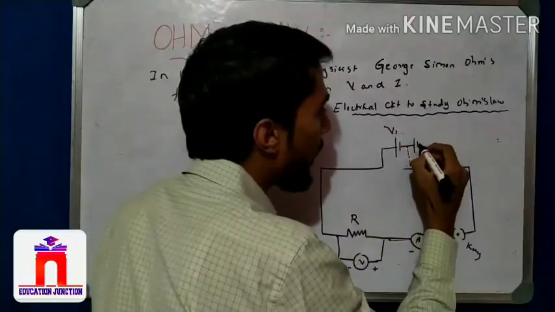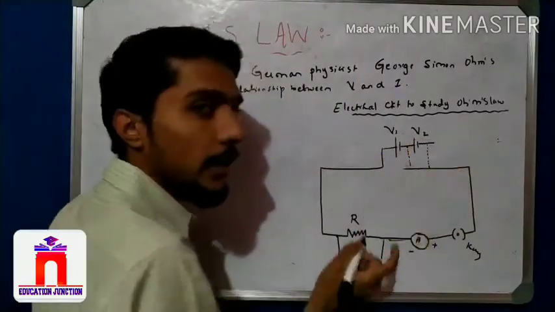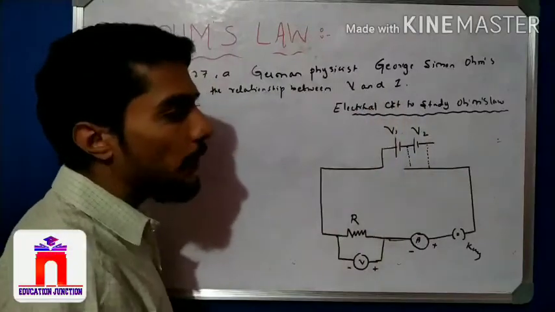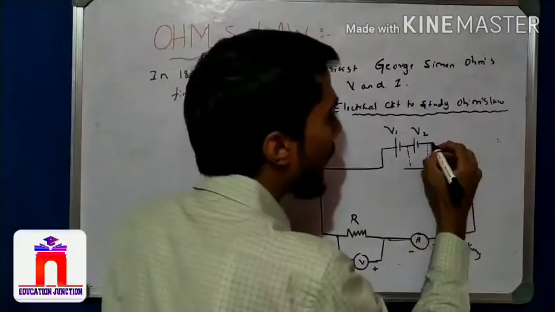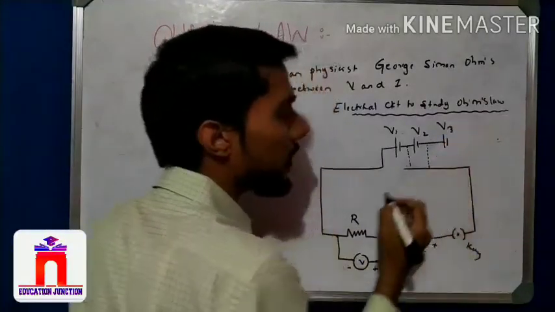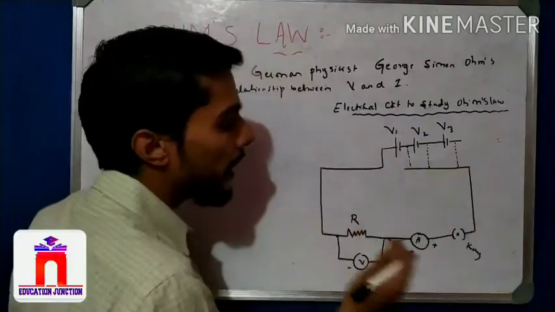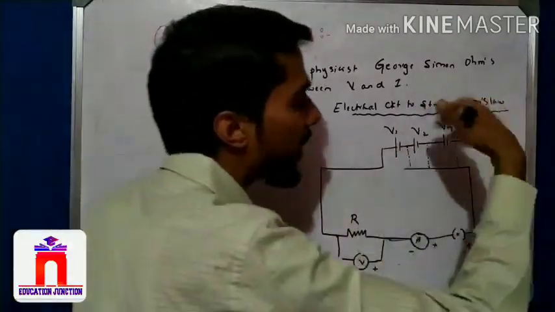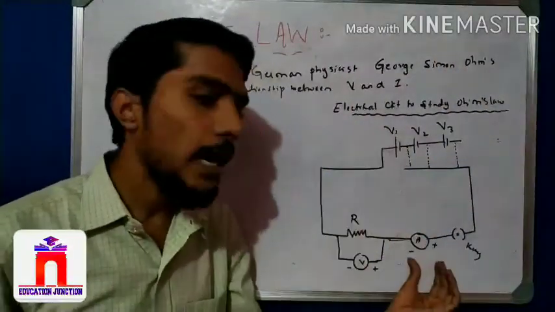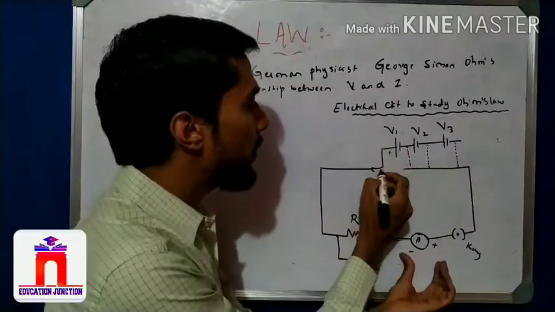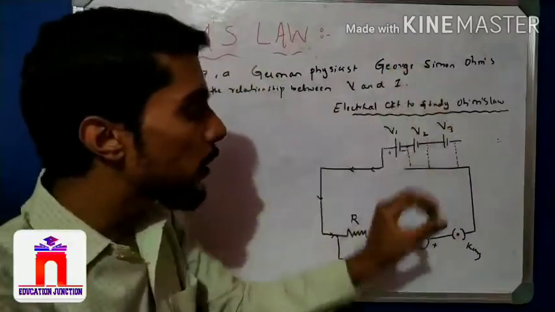Again he changed the voltage. He disconnected and removed the first battery and connected another, V2, with some other voltage. Again current flows in the circuit. Again he took another battery of increasing voltage, 1 to 2, 2 to 3, and observed the current deflection each time. Different voltages V1, V2, V3 can be applied to the circuit, and the current flows in this direction, from plus to minus. So whenever a voltage is applied, current flows in the circuit.